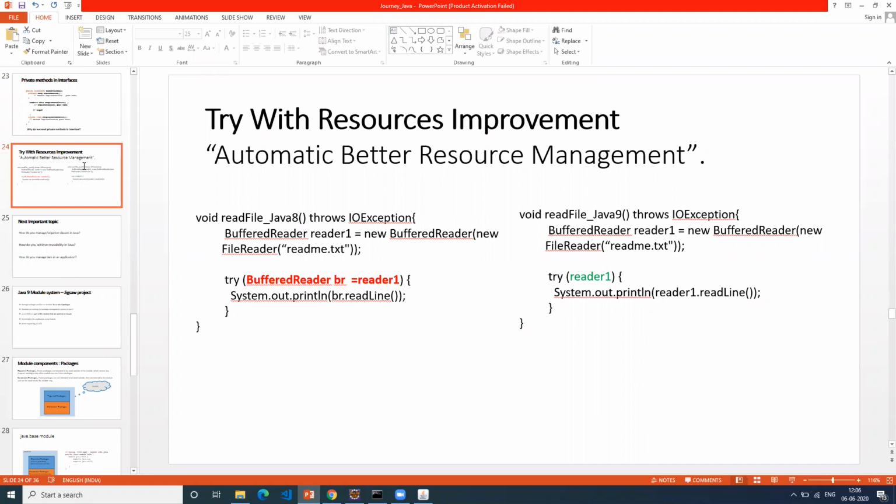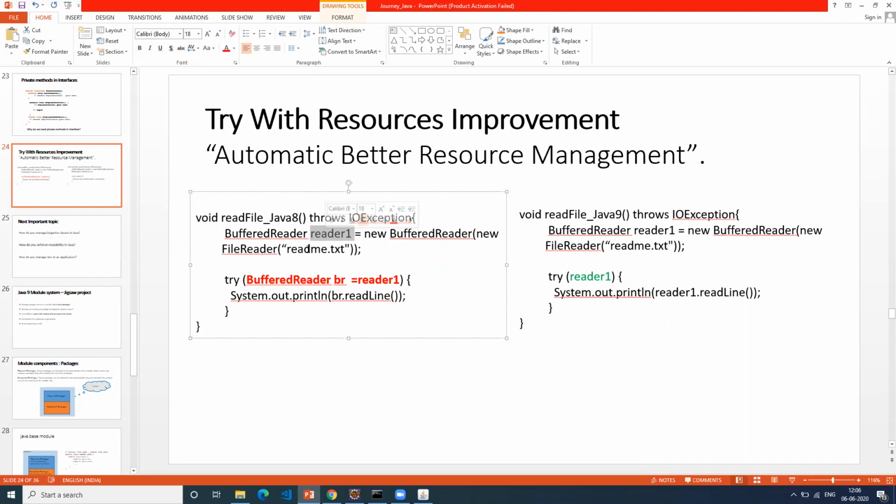Try with resources improvement. This is a very small improvement, so I'll just quickly go through it, not line by line. The only difference is in Java 8, to read this reader, let's say I have some file called readme.txt that you are reading.